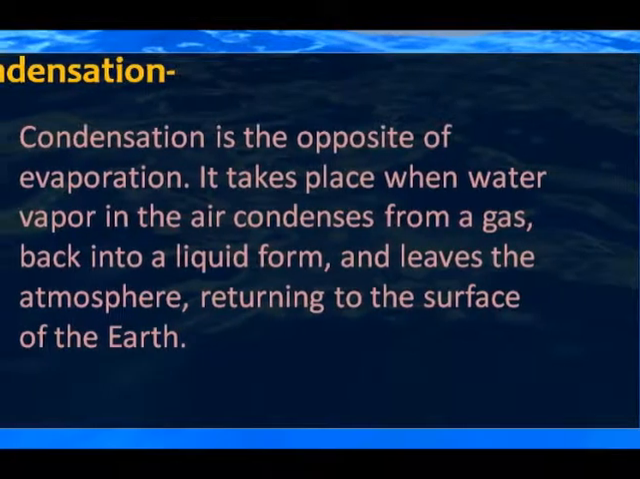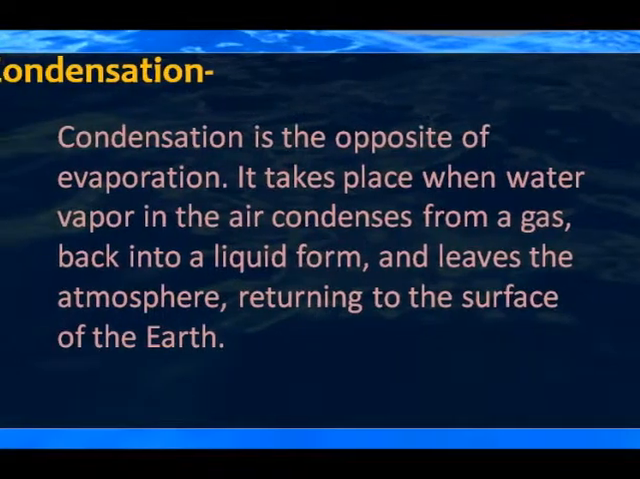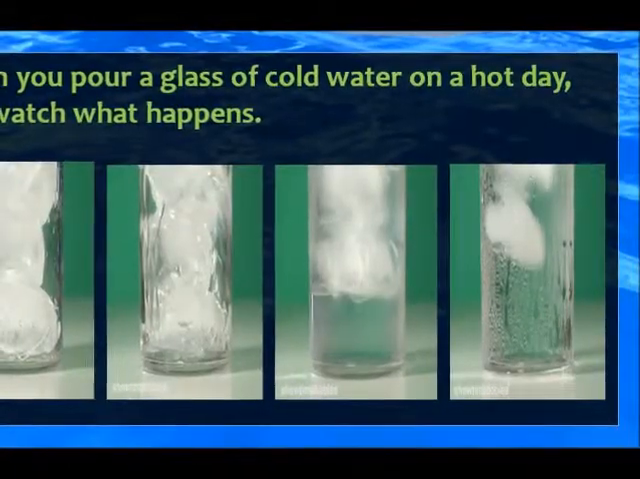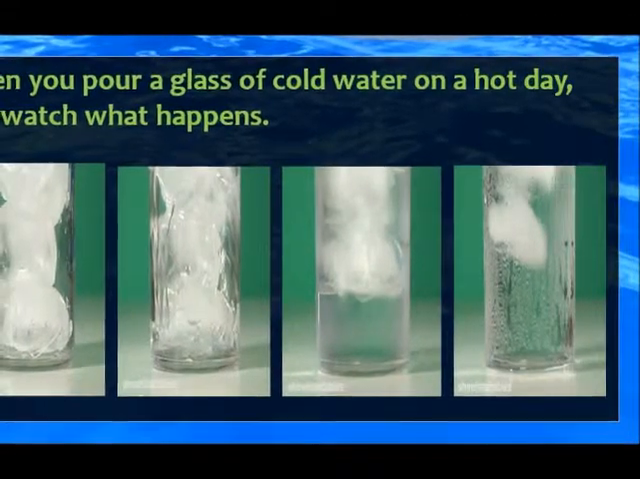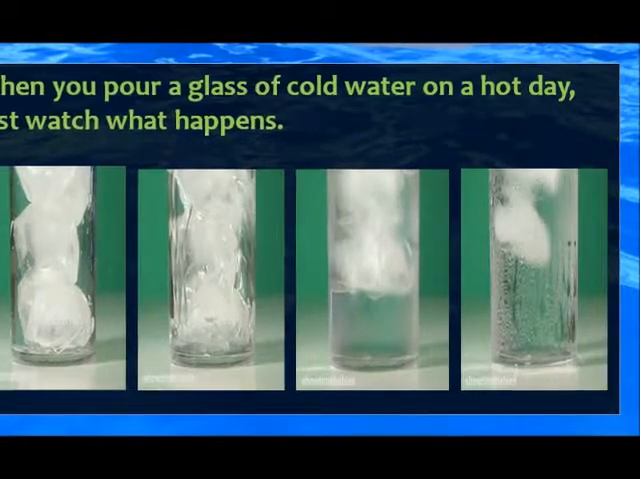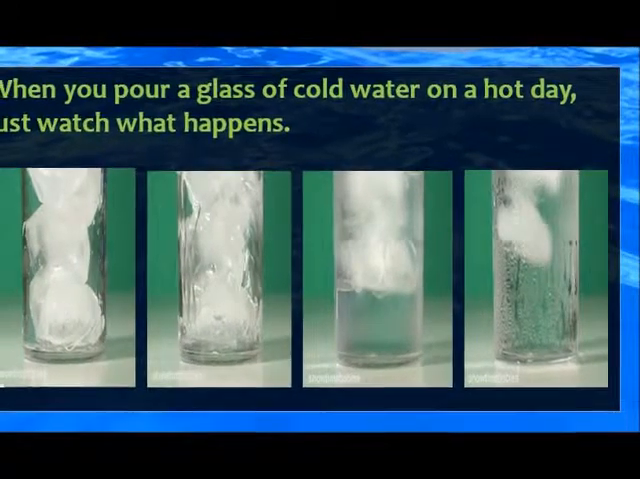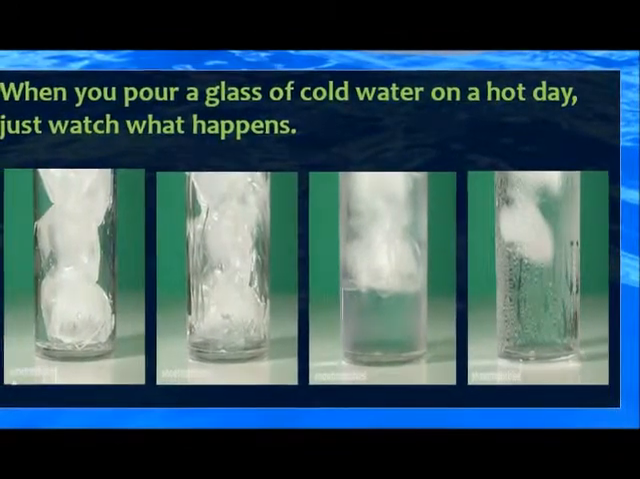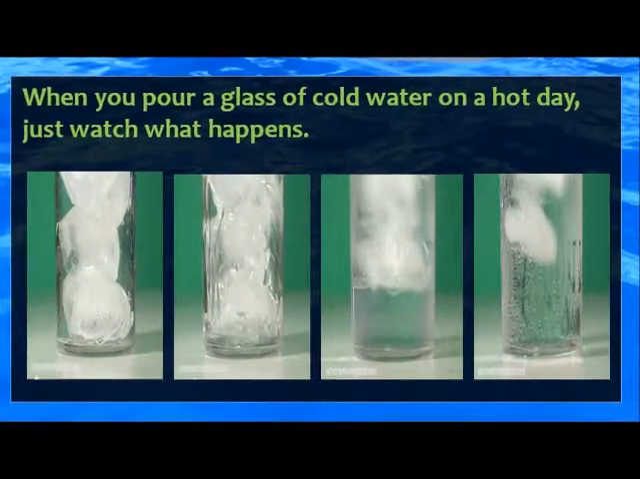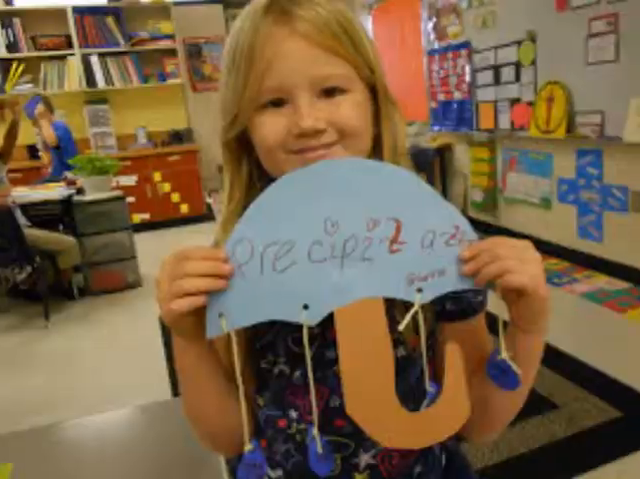which leads us to condensation. Condensation is when the water vapor in the air gets cold and changes into liquid. When you pour a cold glass of water on a hot day, this process happens. Water will form on the outside of the glass, but the water didn't leak through the glass. It came from the air. Water vapor in the warm air turns back into liquid when it touches the cold glass,